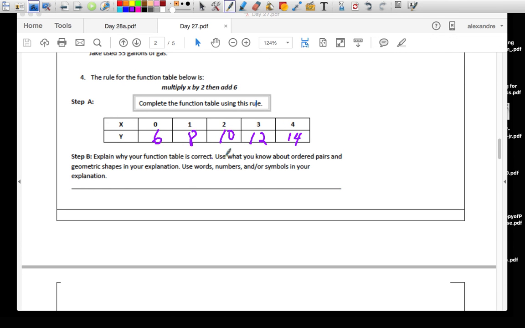Explain why your function table is correct. Use what you know about ordered pairs and geometric shapes. Why is my ordered pair correct? Well,